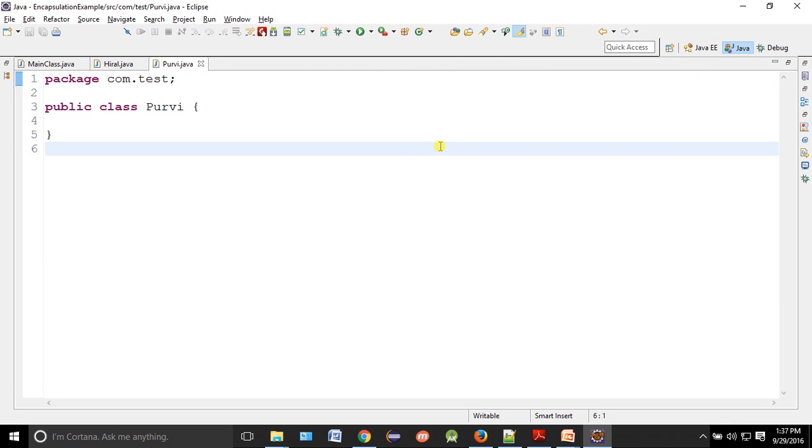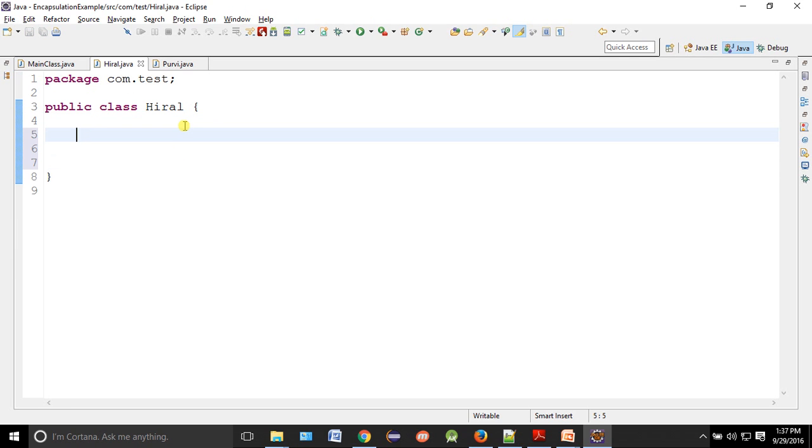Now Hiral is a class, right? So Hiral will have some sort of states, some sort of behaviors. Suppose Hiral has one state called weight, I mean, what is the weight of Hiral? Got it, right? Whenever Hiral works, she is thinking her weight will not be more than 100.